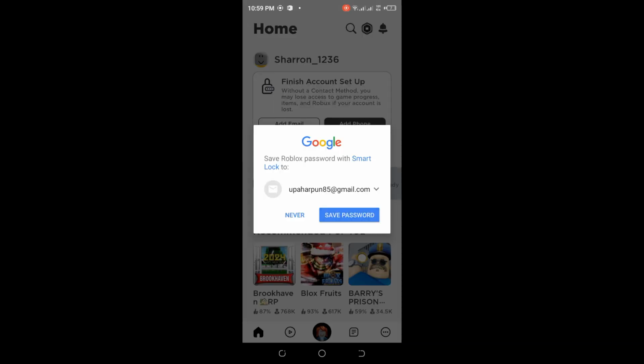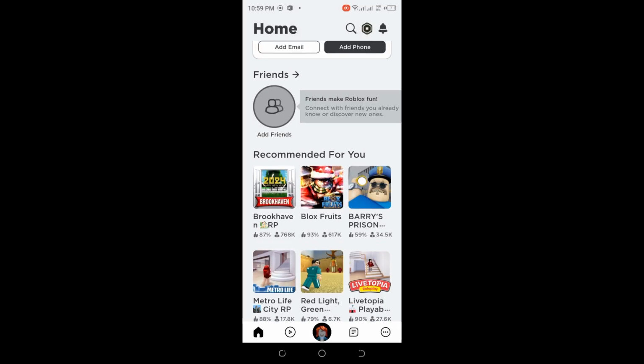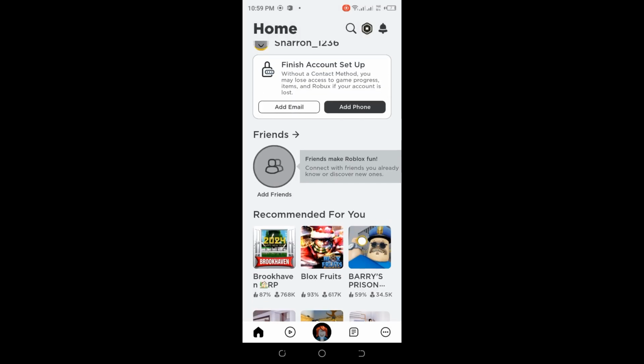And you can also save the password with Smart Lock too if you prefer. So here we can see guys, we just signed up for Roblox on my phone. And you have to follow the on-screen prompts to complete the sign up process, which may include verifying your email